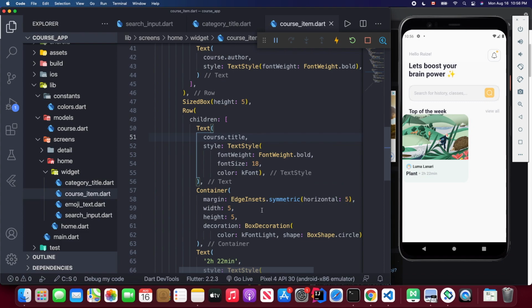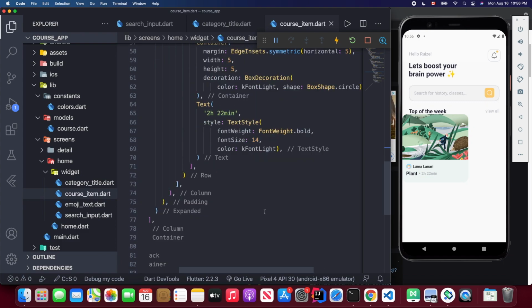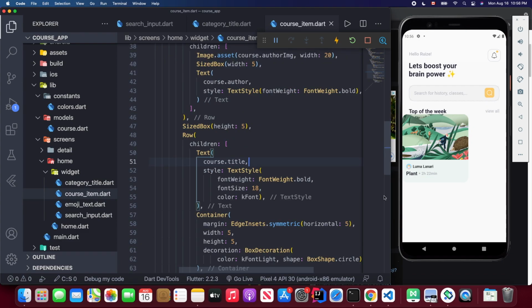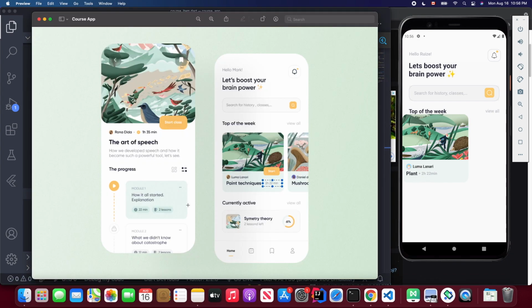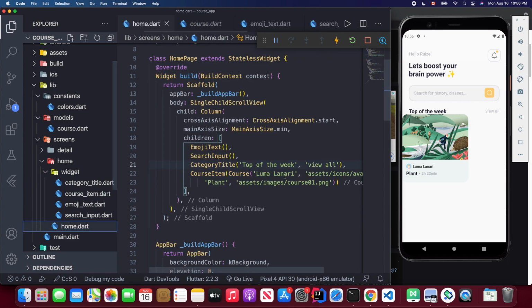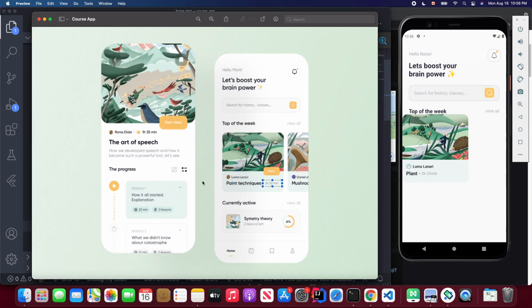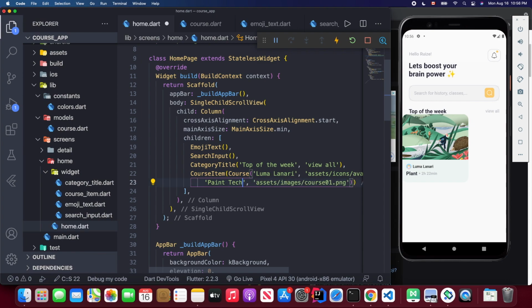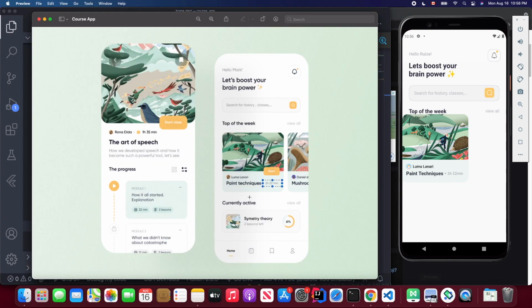Okay, so next we're going to implement the button. So the reason I think we can change the course name. So this course name should be Paint Technologies, right? Or Technicals. You'll see this one is much similar to this one. Okay,